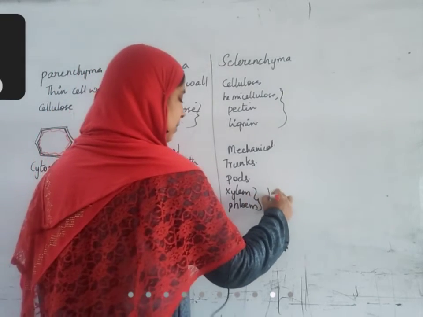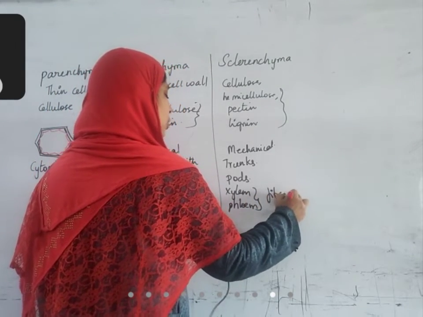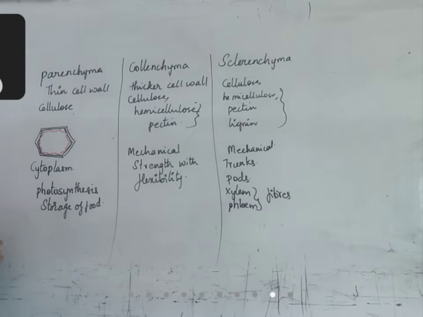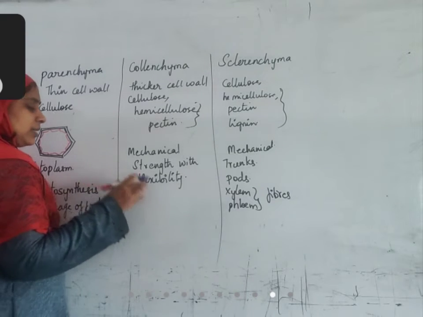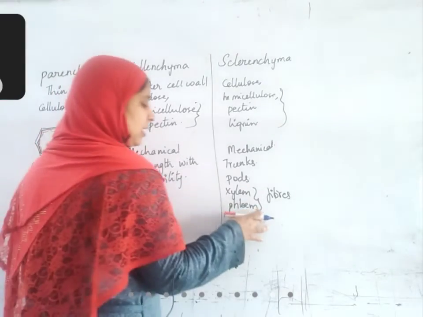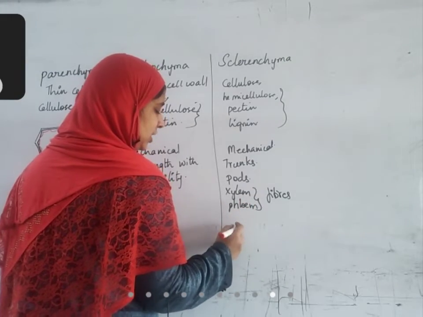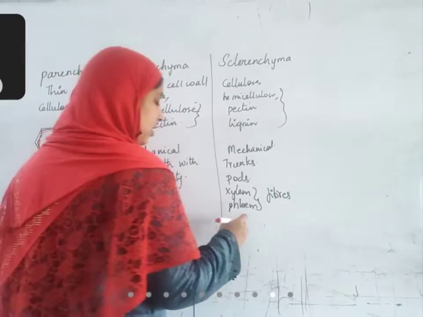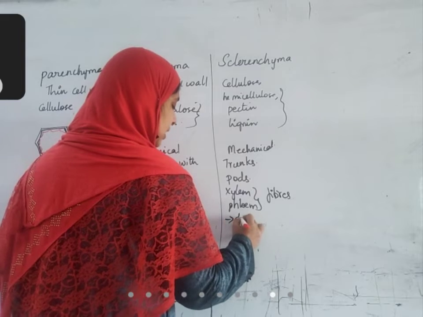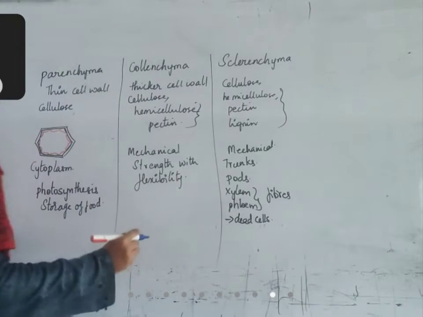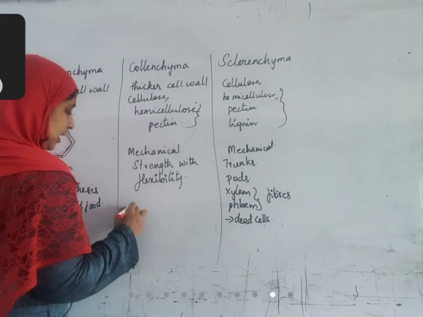Fibers are present in xylem and phloem, which belong to sclerenchyma. In collenchyma, the cytoplasm is less compared to parenchyma. Sclerenchyma, in the initial stages of life, has some cytoplasm, but later it dries off. So these finally are dead cells. When they are formed as living cells, within a short time, they turn into dead cells.